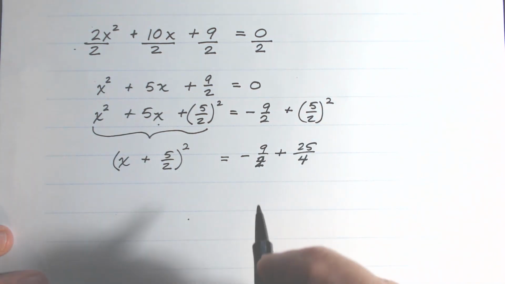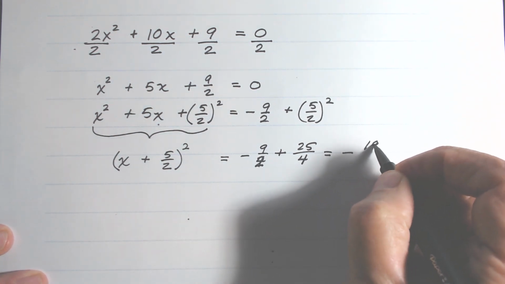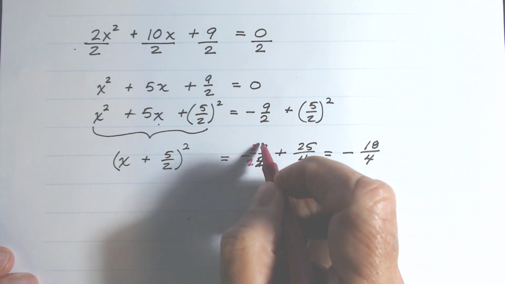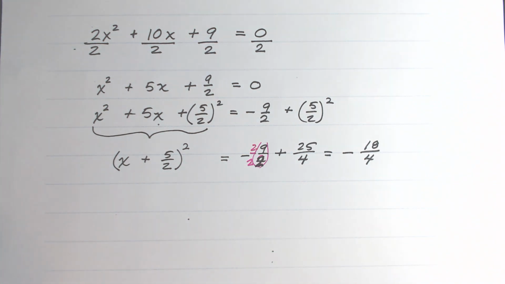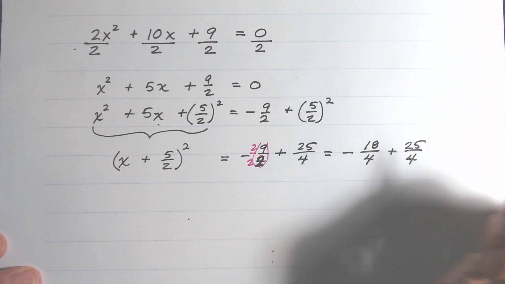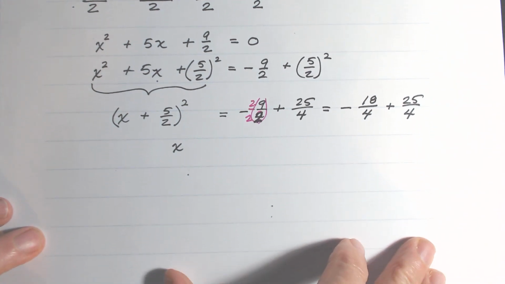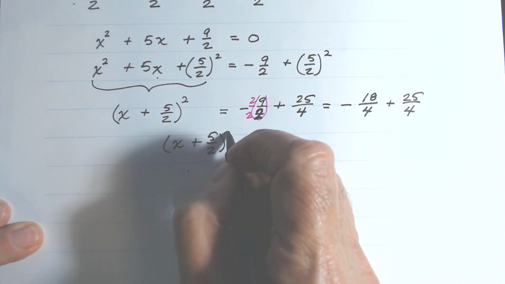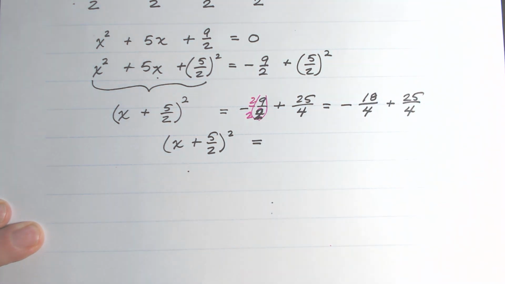And I need a common denominator here, so I'm going to do negative 18 over 4, so I multiplied by 2 over 2 in order to get 18 over 4 to get my common denominator, plus 25 over 4, and this will give me x plus 5 over 2 squared equals, so negative 18 plus 25 is 7 over 4,